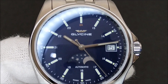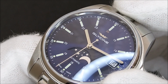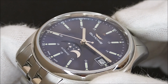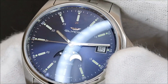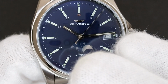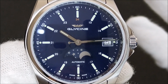The dial is textured, and the star and moon are printed in a glossy silver metallic paint. I'm not sure whether you can see that here. The dial on the moon phase is not flat. There is some slight texturing on it, and the stars and the moon, they are shining. So on this moon phase dial, the new moon will start on the left hand side, and it will gradually move from left to right in about 28 days, which is a typical cycle for our moon,